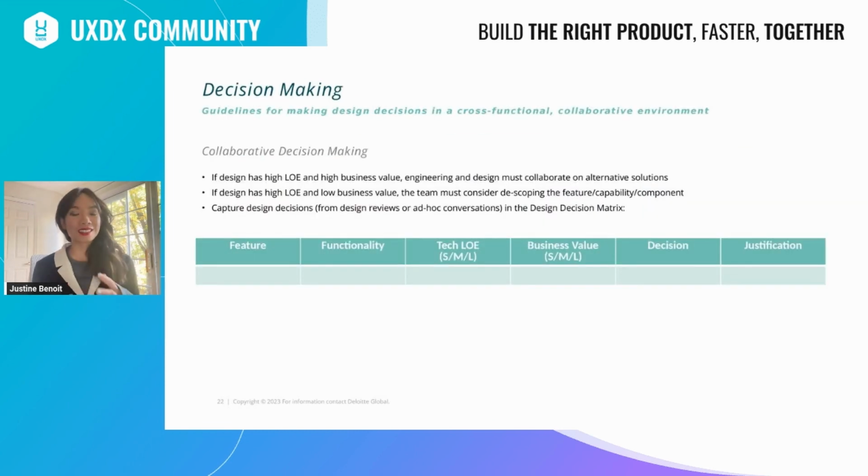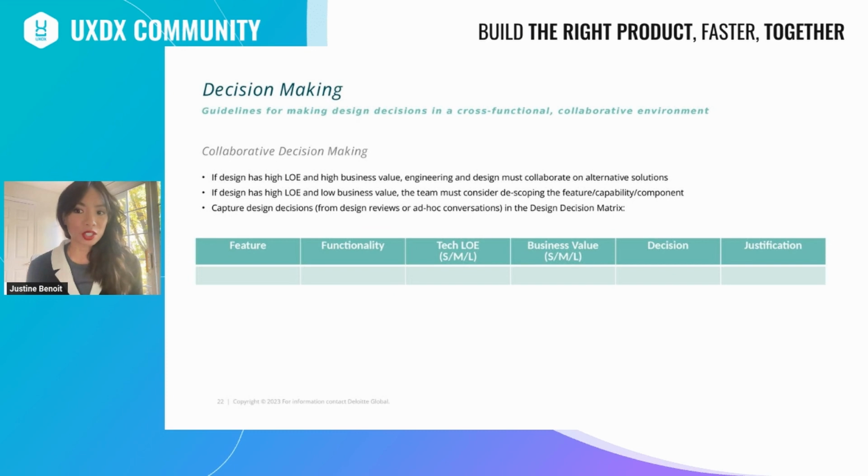So going to decision making, right? This is the third opportunity for the team to stay in alignment and collaborate and arrive at a unified decision and a path forward. These are guidelines for making design decisions in a cross-functional collaborative environment. So this little matrix here, we've used this in a few projects and it's worked really well, not just in capturing and tracking decisions, but it also shows